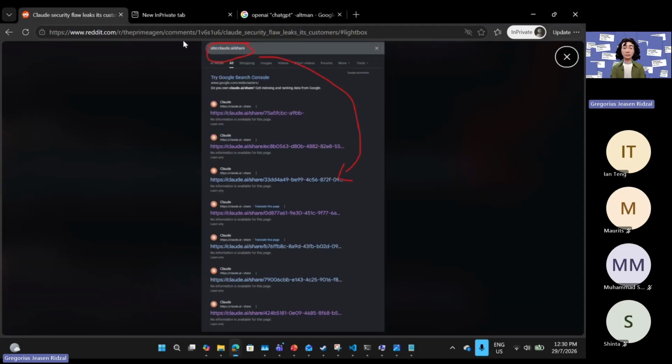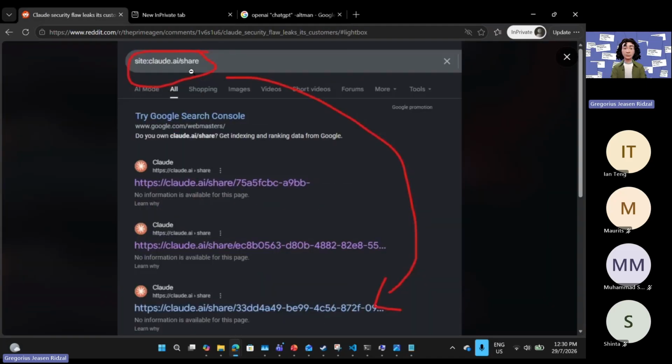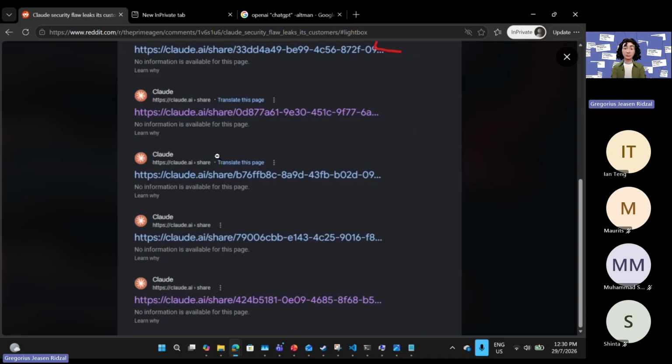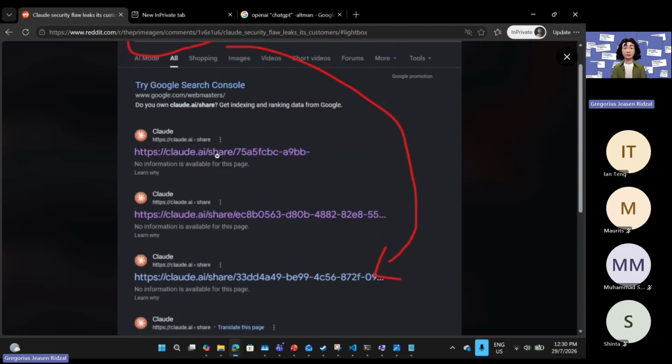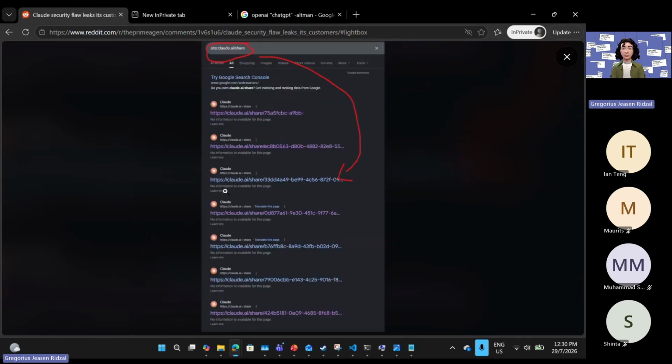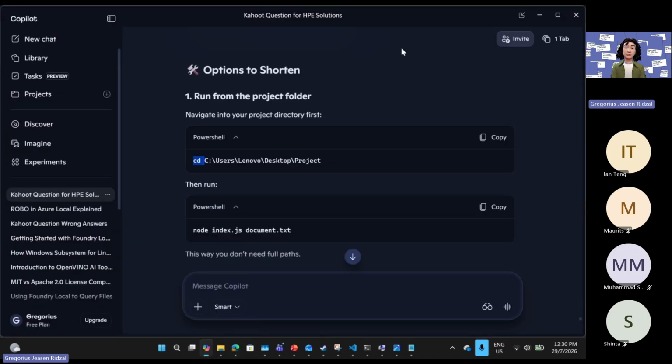So one of the functions here is that you can make it specific just for a site, and not only that, specific to the sharing site. What the shared site does is pull up a list of all the Claude conversations that people have shared before, not to the public. Maybe you're sharing it with your friend, your kids, or something like that. I know people do that. I know Noah likes to do that with Copilot. I know you can do that here.